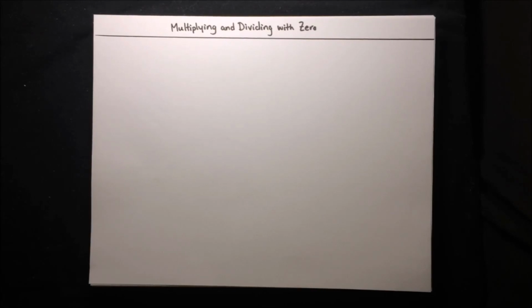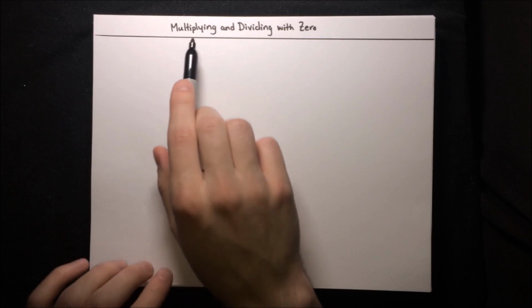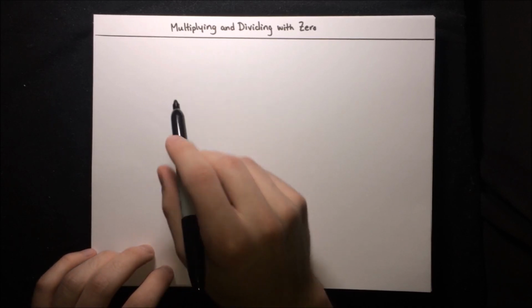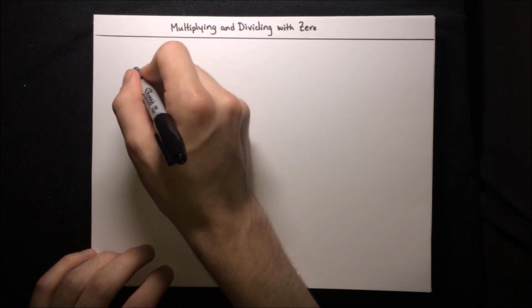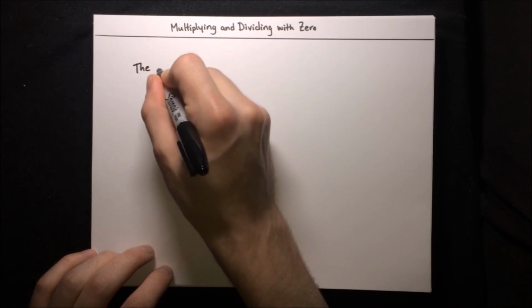In this video, we're going to talk about multiplying and dividing with 0. First of all, let's talk about multiplying with 0. When multiplying with 0, there's one key thing to remember, and that thing is that the product